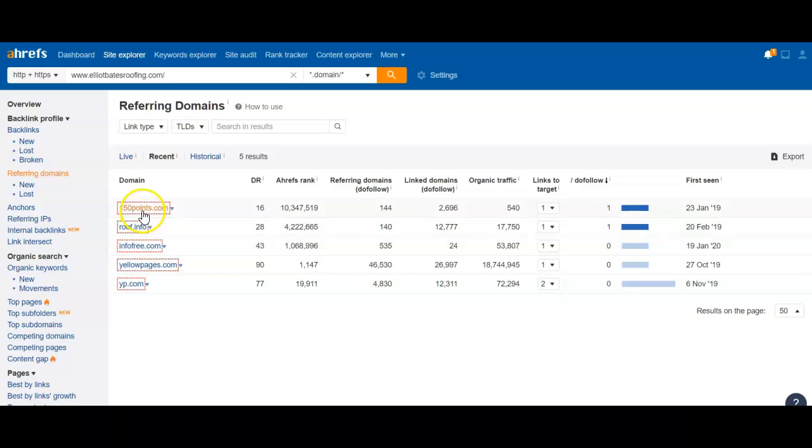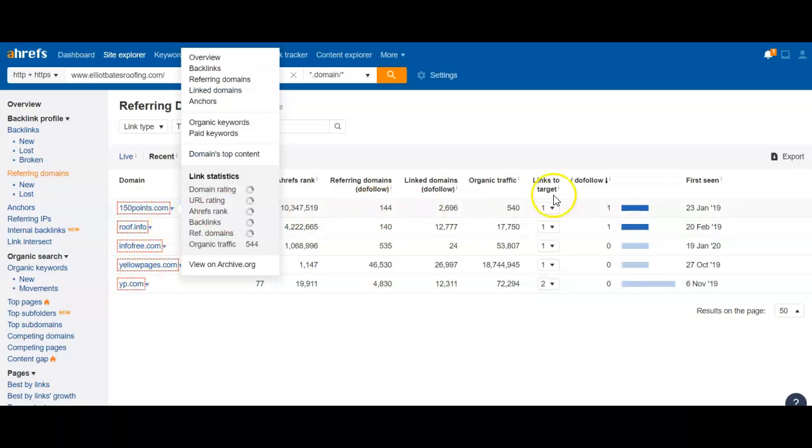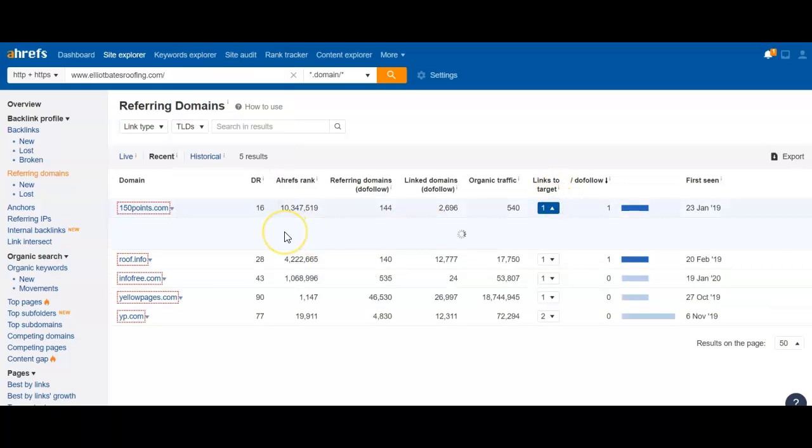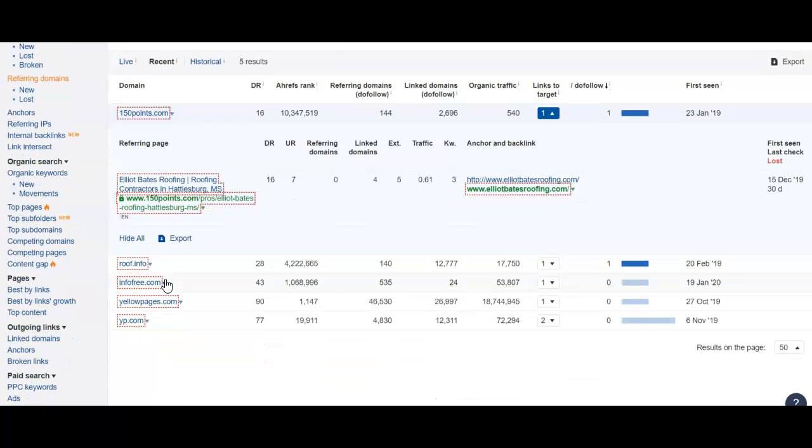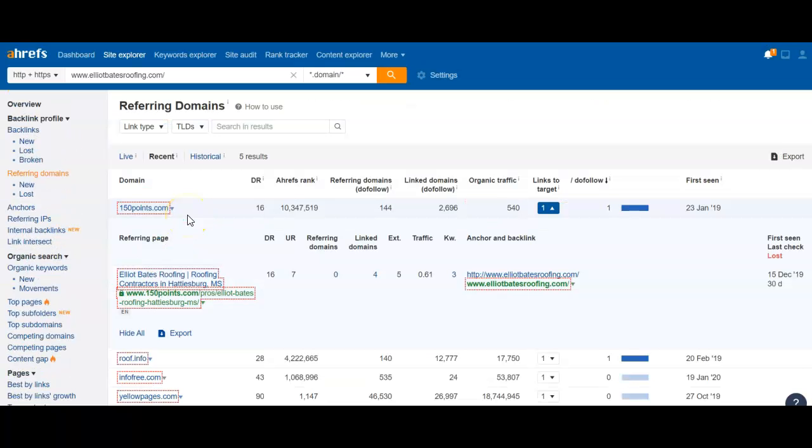So I want to make sure if you don't already have these backlinks, I want to go through every single one of these and try to take, or copy, I guess you would say, what they've done. So I'm going to go to this site and I'm going to go reach out to some of these web managers and I'm going to try to get your site added to these sites. And then we keep adding them every single month. That way nobody will ever be able to touch you when it comes to ranking at the top of Google. So that's backlinks. The next thing I want to cover is